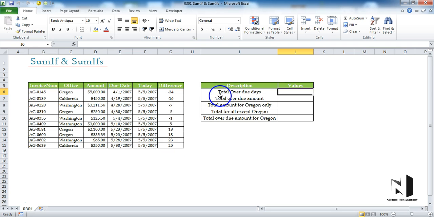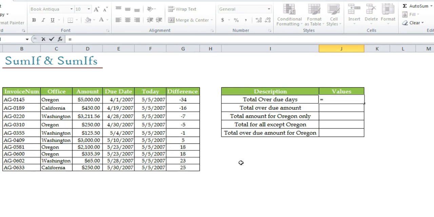The question here is total overdue days. It means we need the sum of all the days which are in negative, which are overdue, in column difference. Now here probably we'll start with this equals to and sum formula that I have already discussed in the previous video. So we're going to use SUM and then tab, and here in this case we are going to select the range of all the negative numbers, and then we'll probably close down the bracket and we'll press enter and we'll get the sum which is minus 63.